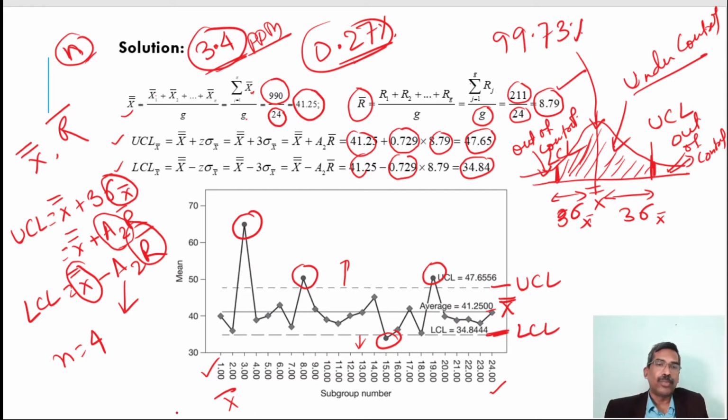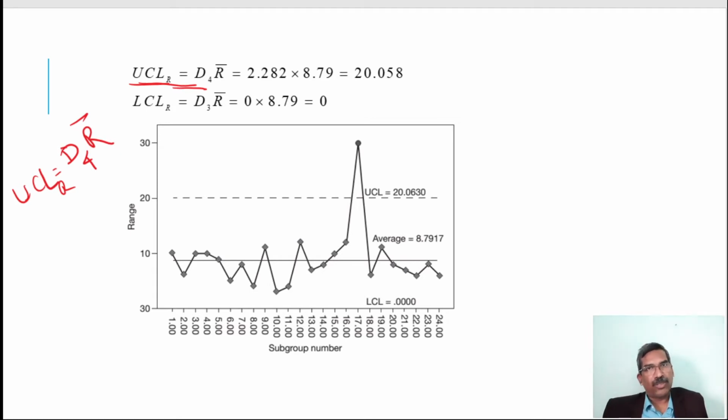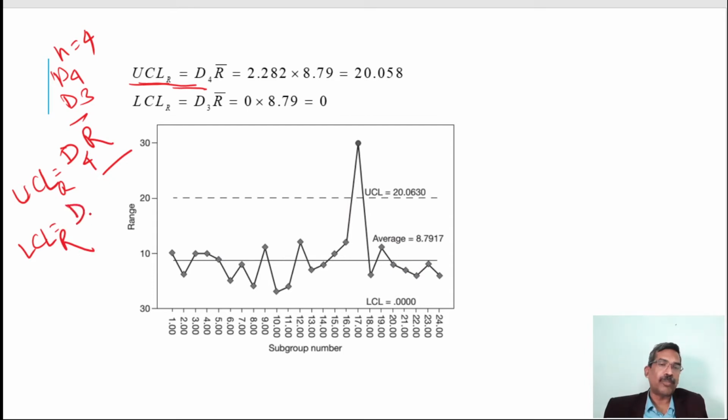So how to draw the R chart? Now you can see that the R chart is very similar to the X bar chart, but here for the R chart there is a different formula. This is UCL for the R, and we can calculate it using capital D4 R bar. Here capital D4 is a constant term, which depends on the sigma of this R bar, and this sigma is calculated corresponding to the n value. So corresponding to n equal to 4, we will have to find the values of D4 and D3. And this is the upper control limit, and LCL for the R chart will be capital D3,